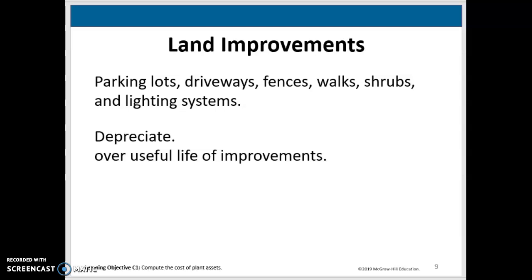So we're going to depreciate them over the useful life of the improvements. We know that a parking lot is going to last for a long time, but it doesn't last forever. It might have to be completely redone, and during that long period of time, you might also be resurfacing it. You might be doing things to protect it, but we're going to depreciate that acquisition cost over the life of